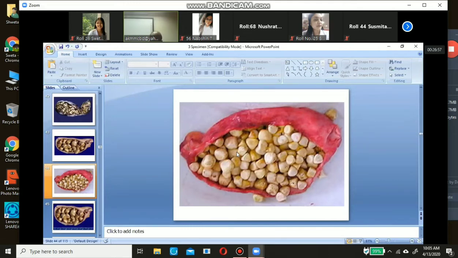Now you have to answer the other questions. What are the types of these stones? What are the other types of the stones? There is cholesterol stone and pigment stone. The cholesterol stone and pigment stone. The cholesterol stone